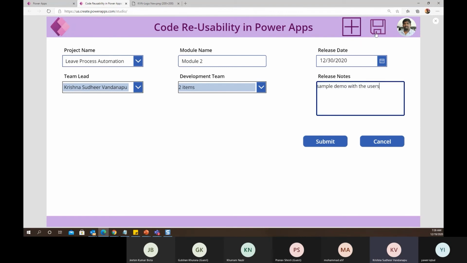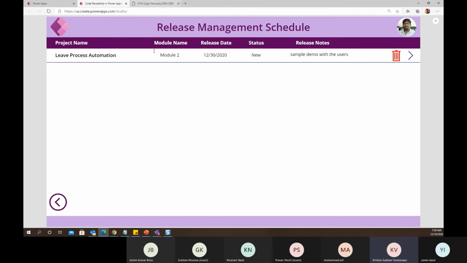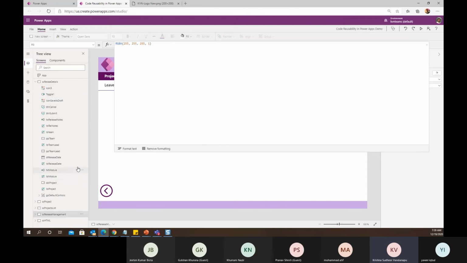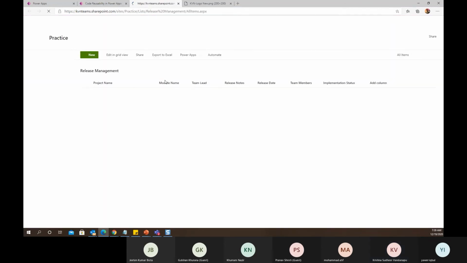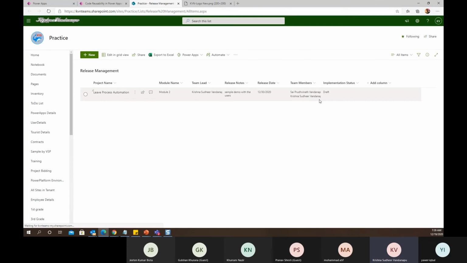Now if I click on that, it will create a new entry in my data source. Let me go to the data source and show you how it looks. Now it has created my entry as a draft because I saved it as a draft.